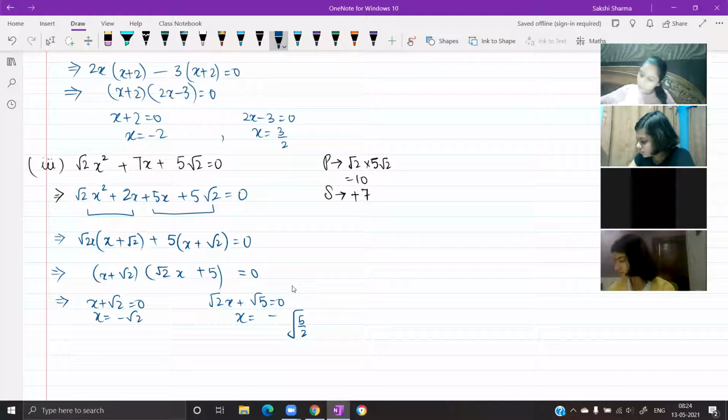If you want, you may rationalize the second one because the denominator is irrational. Sometimes the answers are given in that way. It depends on the book; it will vary. Many times, if you obtained an answer where the denominator is irrational, the book may provide an answer where that denominator has been rationalized. So compare. There are a few parts where you would feel your answer is different. The only change there is that the denominator is rationalized. It's actually the same value.